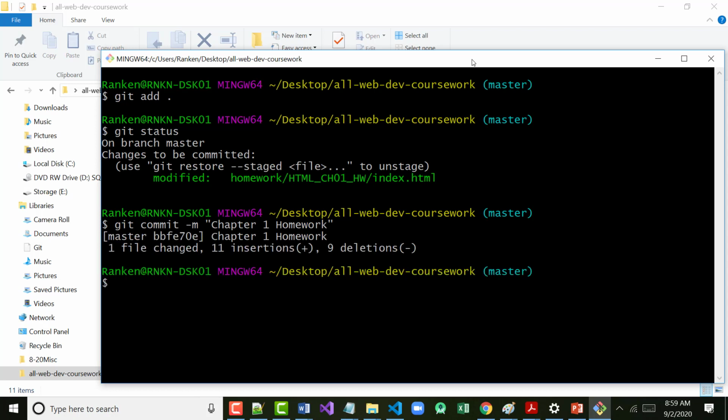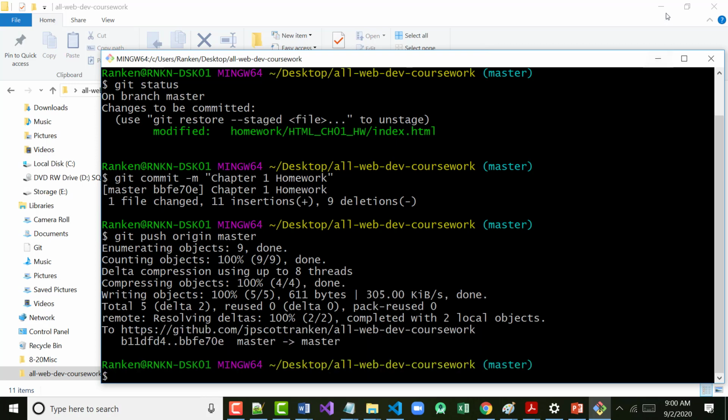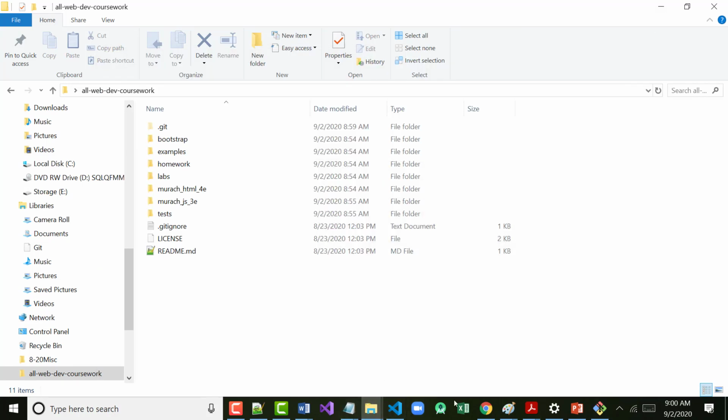It says one file changed. All right, I think I've got all my stuff set up, but I'm not sure, but I'll try a git push origin master. If I don't have everything set up, it's going to give me an error. Looks like that's all there. Okay? And then when I go back to GitHub,